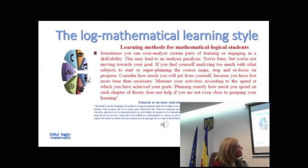Sometimes you can overanalyze certain parts of your learning or of engaging in a skill or ability. This may lead to paralysis by analysis. You're busy, but do not get close to a goal. If you are too much into analyzing starting topics or super-planning course charts, stop and focus on progress. Consider how much you get from it, because you've lost more time than necessary. Measure your activities according to the speed at which you have reached your goals. Planning exactly how much you spend on each theoretical chapter does not help if you are not